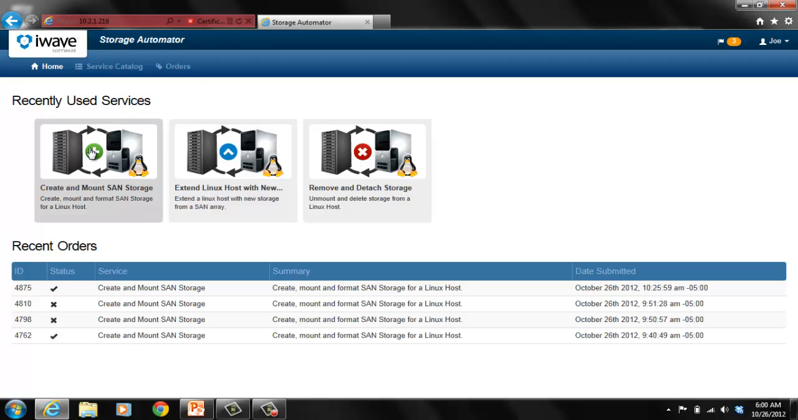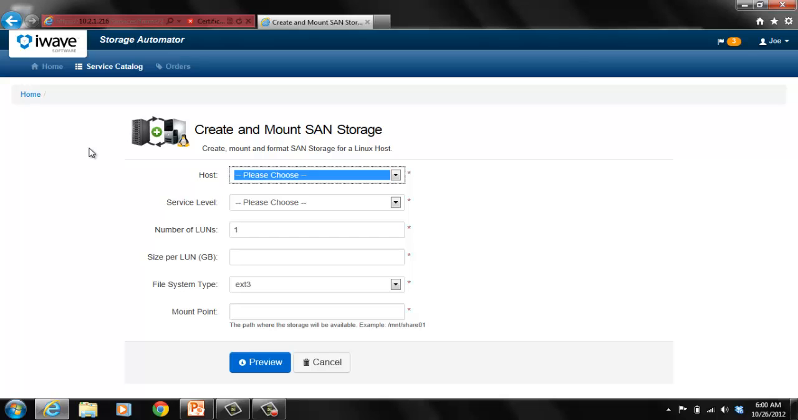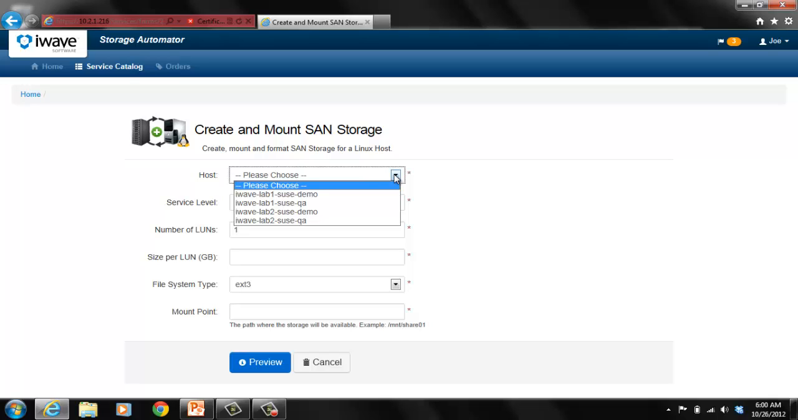So in this case, let's go ahead and click on Provision New Linux Storage. The first thing I'm going to do is select my host, and iWave Storage Automator maintains a list of all the hosts that I have privileges to and all the hosts that have been registered with the tool. In this case, I'm going to select the iWave-Lab2 SUSE demo for my enterprise SUSE server that's in the EMC